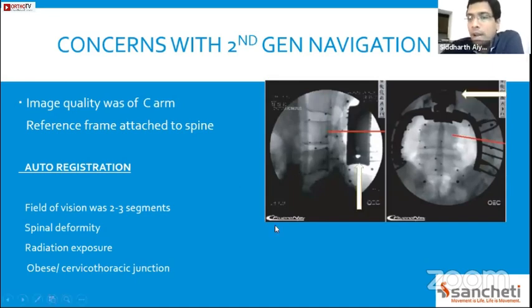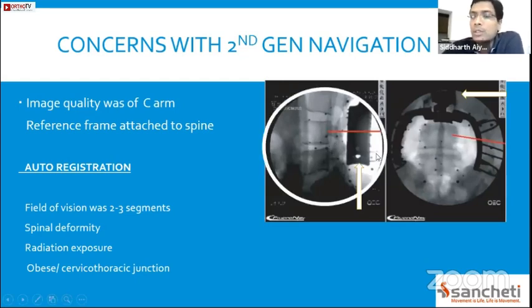So the white arrows show the reference electrode, which is probably inserted over the L2 spinous process. But what you can see is practically only 2 or 3 spine segments. So the field of view was quite restricted. You could not consider operating on major spinal deformities because multiple such scans would have to be done and radiation